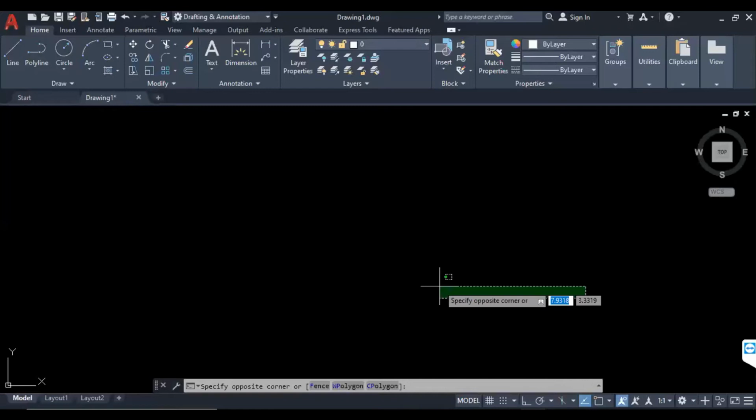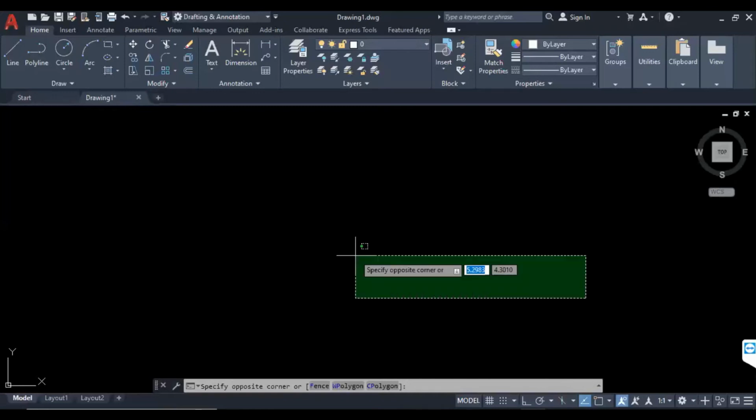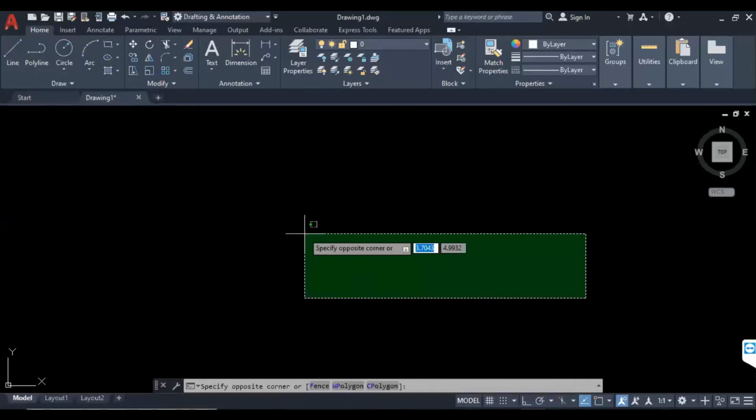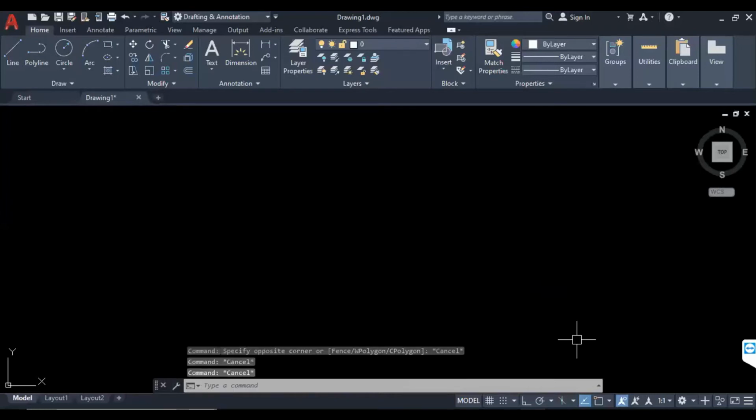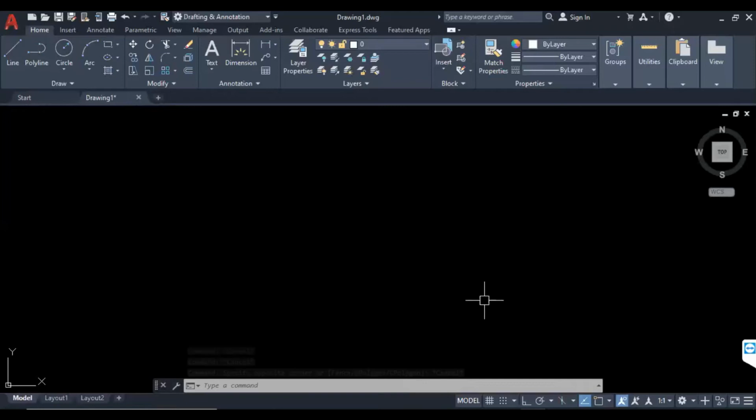We will see what is meant by the Cartesian coordinate system and the polar coordinate system. The Cartesian coordinate system is always in the form of x comma y. Suppose we want to draw a line.